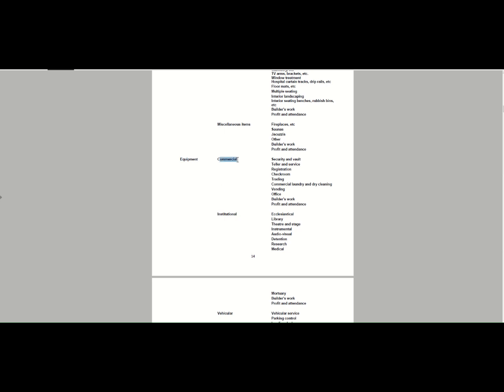Signage, artwork, and then you have the next section, which is your equipment: commercial, security, vault, teller, services, recognition, office furniture, industrial, your escalation,